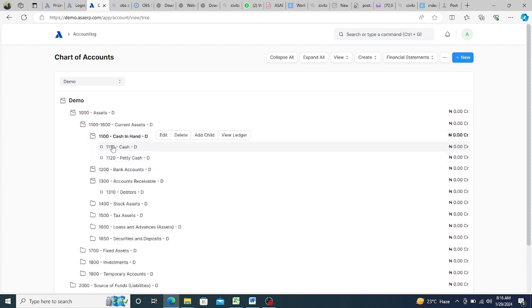Now we have cash account here. We have petty cash created here. You can see them with the following serial numbers. Cash account is 1110, while petty cash is 1120. So we're going to create another cash account. Maybe you want to maintain a cash account for a particular unit in your business. Let's say, assuming that maybe,